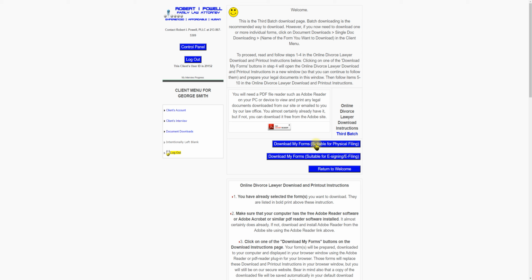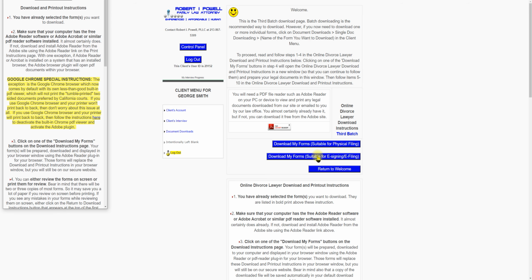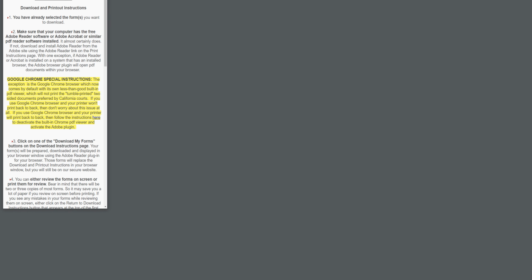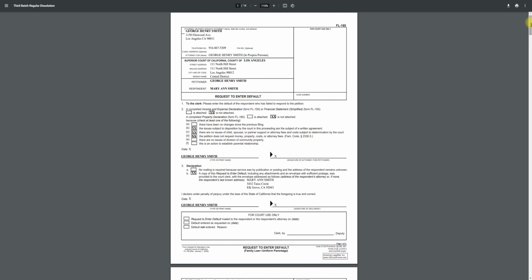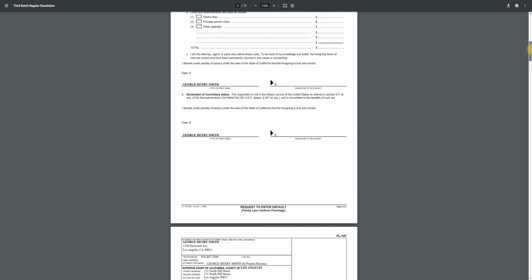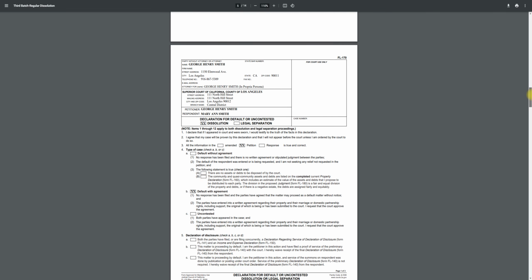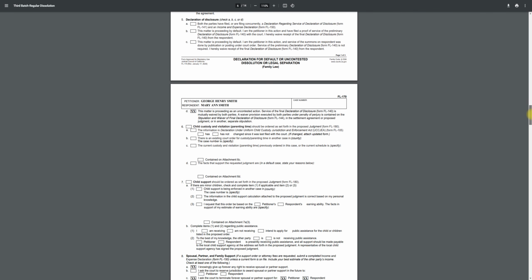You can download suitable for physical filing, 3 copies of each document, or you can download suitable for e-filing, a batch that contains 1 copy of each document,